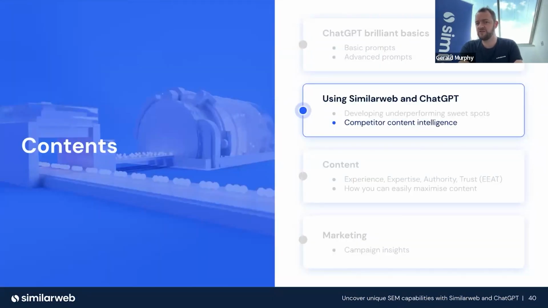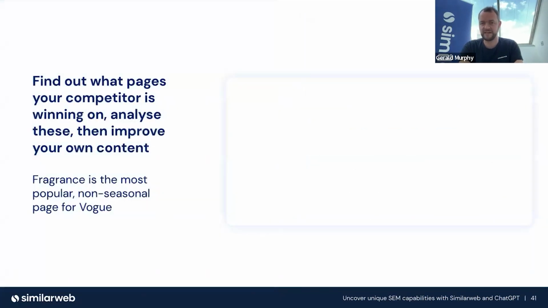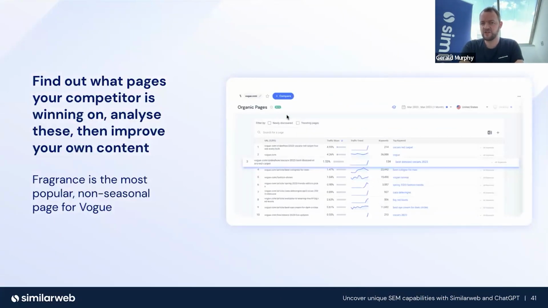You can also ask it to develop competitive content intelligence. So what this means is you can also use features like organic pages or paid pages. And as the name suggests, what it'll do is for any website you input, it'll show you a list of URLs that successfully drives traffic within a given time frame in a given market and device. And what it's going to do is actually allow you to find out what content from a non-seasonal evergreen perspective are my competitors doing really well for. And you can now use ChatGPT to try and outrank that competitor for that same topic.